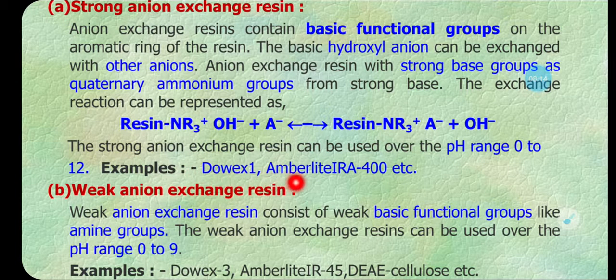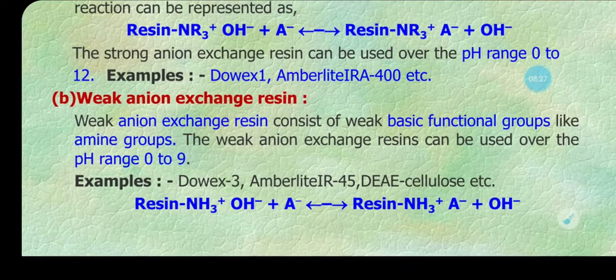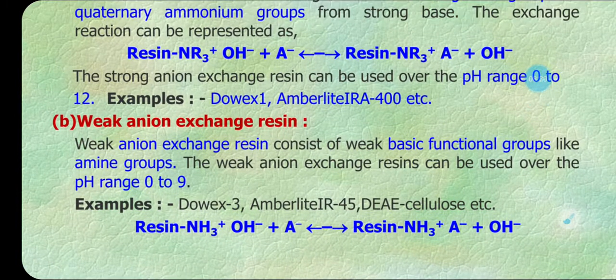Examples are Dowex 1 and Amberlite IRA 400. These are the commercially available strong anion exchange resins. Second is the weak anion exchange resin. Weak anion exchange resin consists of weak basic functional groups like amine groups. The weak anion exchange resin can be used over the pH range 0 to 9. Examples are Dowex 3, Amberlite IR45,